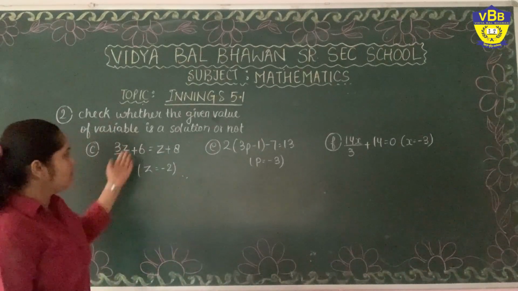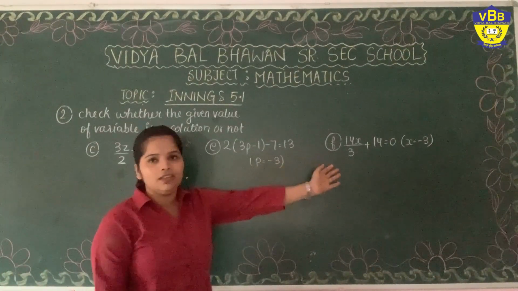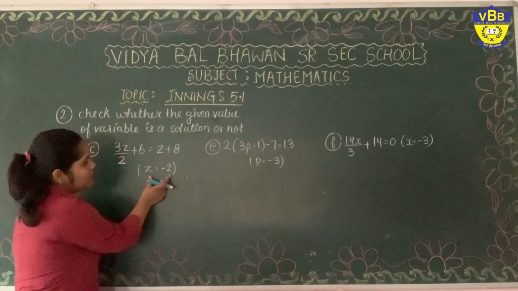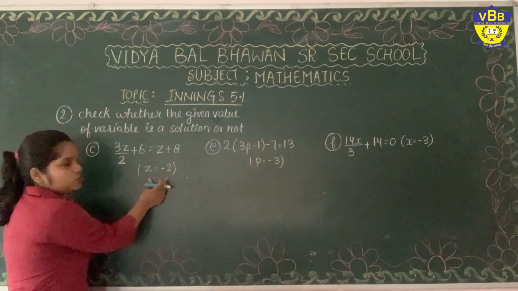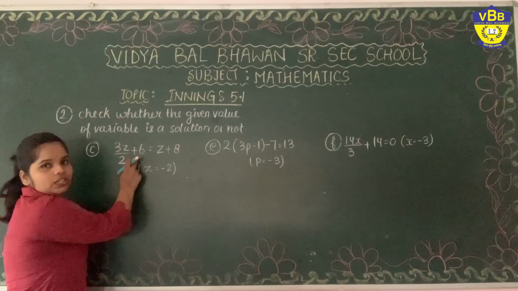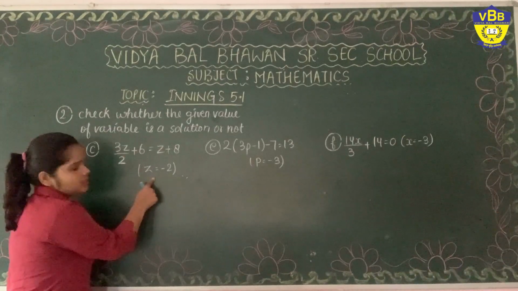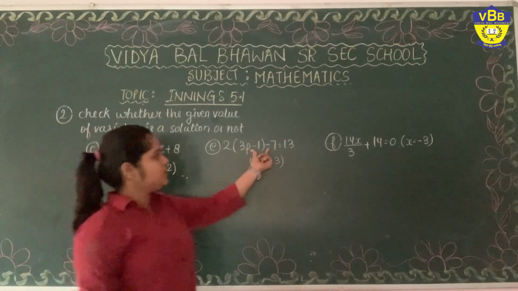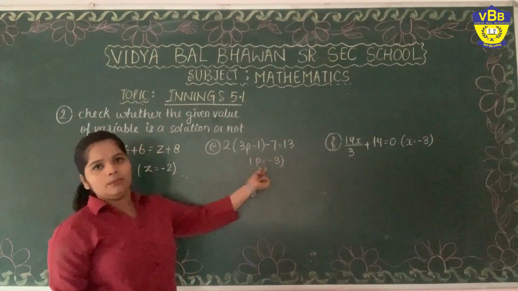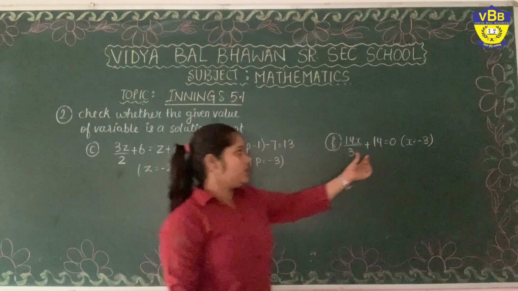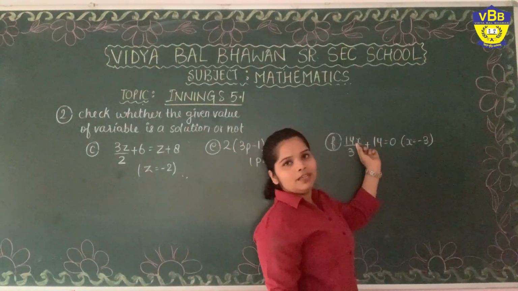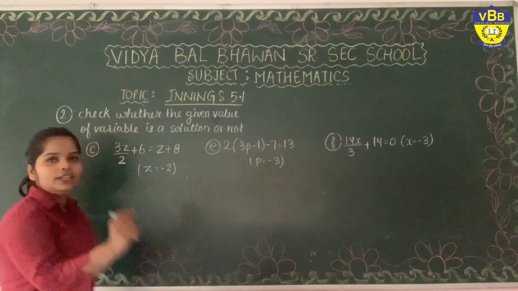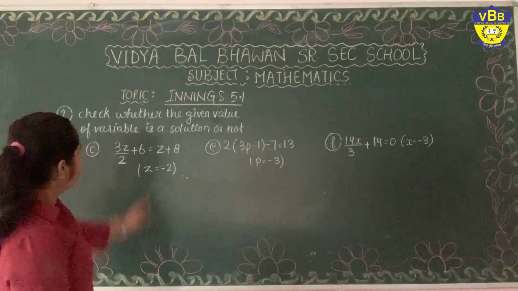You need to check the given equations, and with those equations you are also given the answers, the solutions. Like here in this equation z is the variable and the value of z is given. The same equation is given, p is the variable, value of p is given. Equation here having variable x, value of x is given, that is inserted inside the bracket. What you need to do?